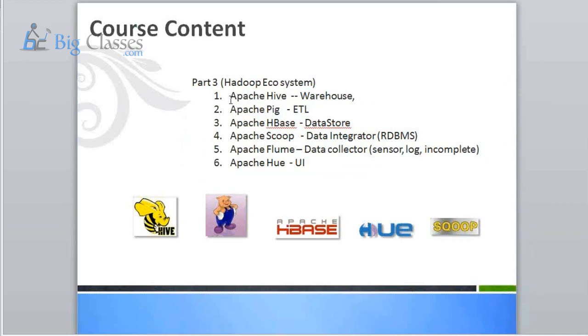It is not like this is exclusively for a warehouse, nothing like that. But this is meant for a warehouse, not that you can't do data processing as well. What Pig can do, Hive also can do to a certain extent. Vice versa is also true. Hope I have given some clarity.